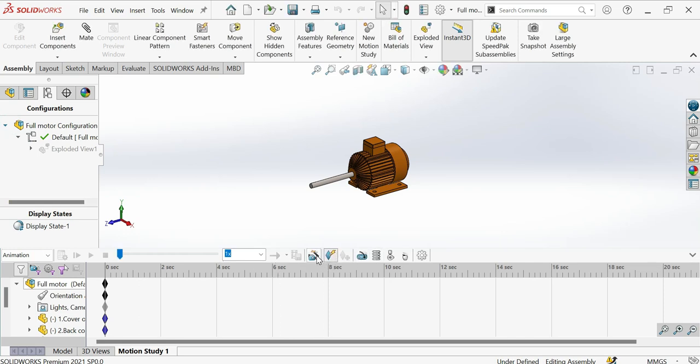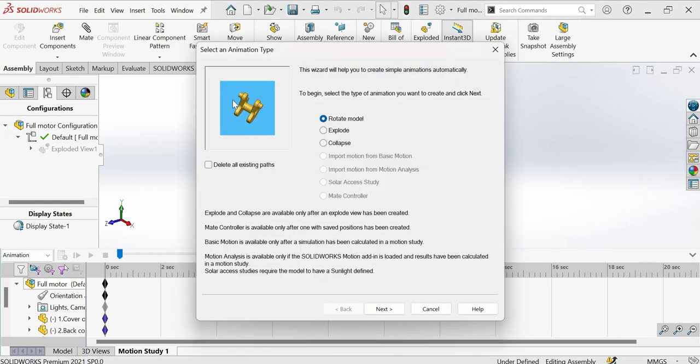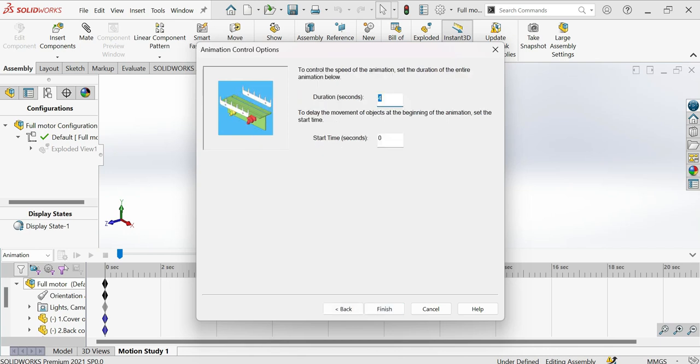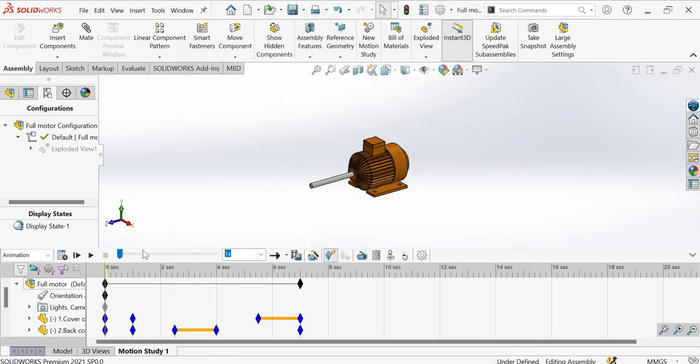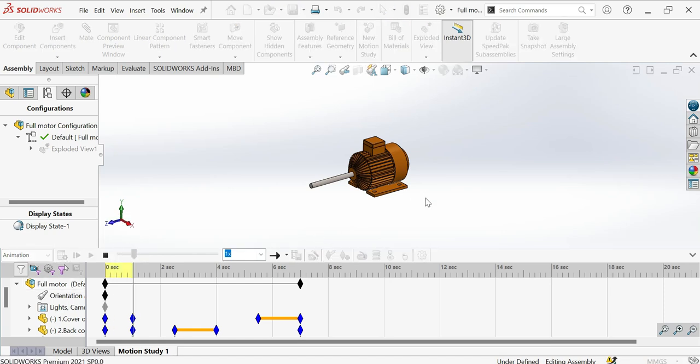After that, select Animation Wizard or Animation Manager, and then select Explode. Look at the preview, and then select Next, and then select seconds. Select 7 seconds, and then you may select 6 seconds, and then start time, start for 1 second, and then Finish. We may calculate it. Look,